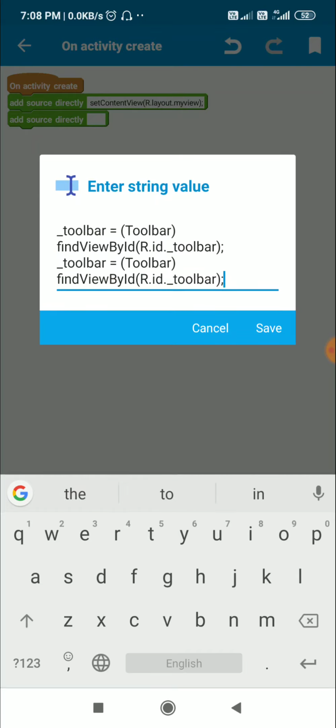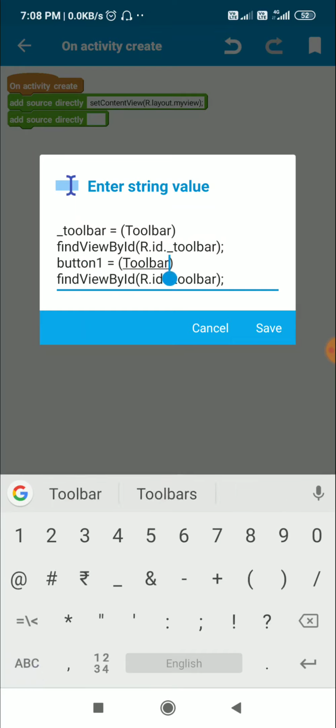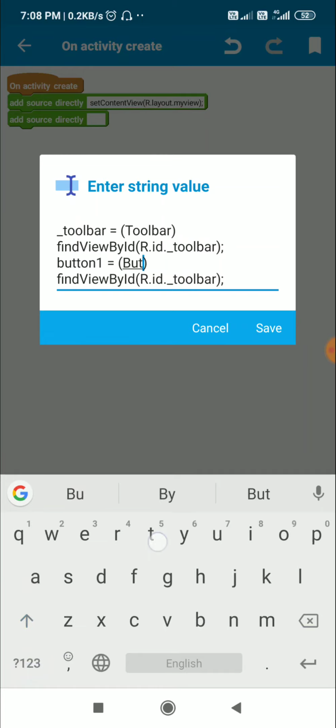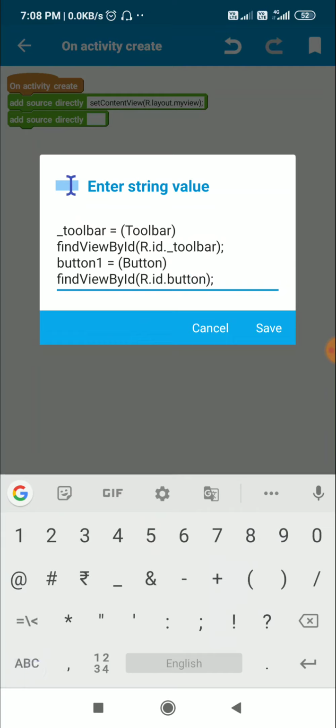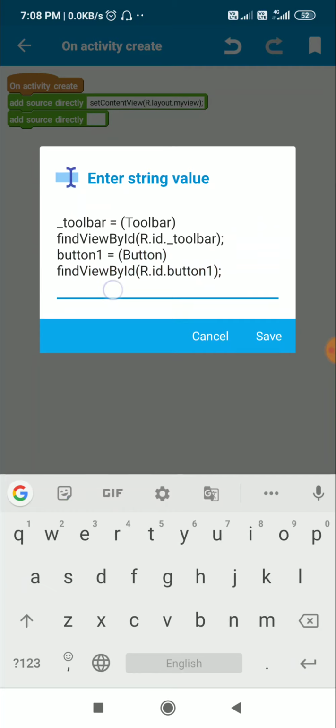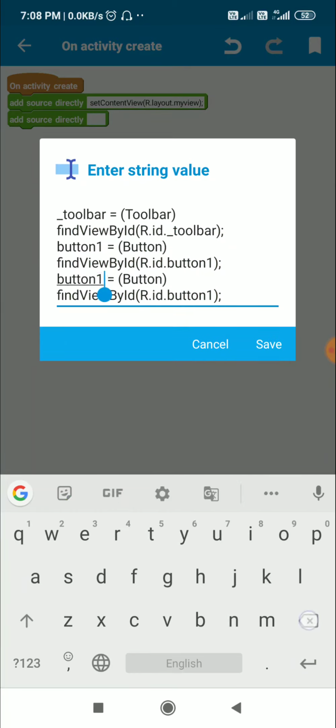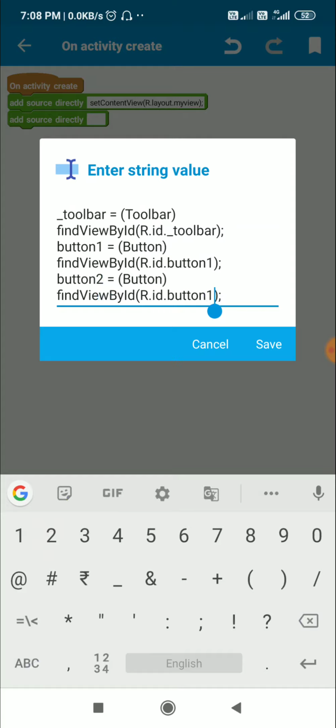Similarly, I will define button1 as button1 is equal to Button findViewById R.id.button1. And I will define button2 also. Button2 is equal to findViewById R.id.button2.